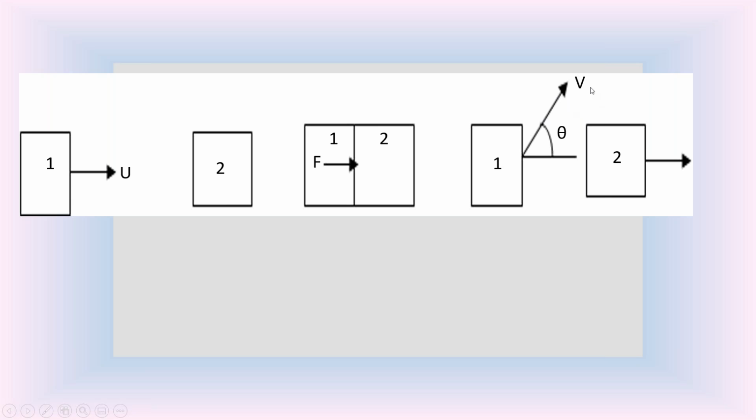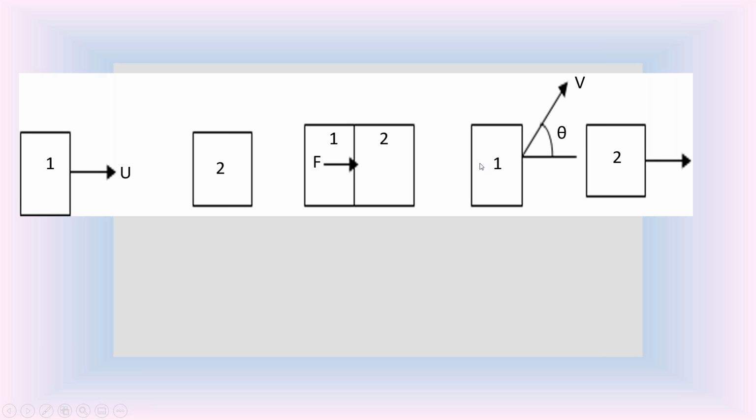Here this final velocity v is not in the direction of the force F, whereas the initial velocity is in the direction of the force F. Then how to calculate this force F? Please everyone listen to this carefully. How to calculate this force F when the final velocity is in the inclined direction? Here also we can calculate the force F from Newton's second law. But in this condition, we are going to consider the component of the final velocity in the direction of force F.